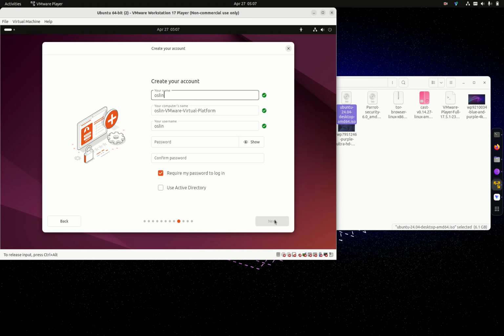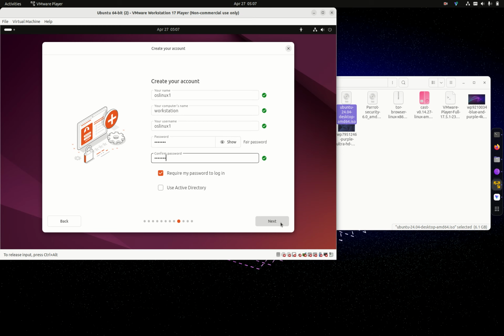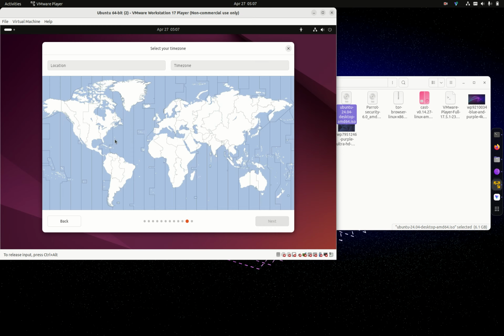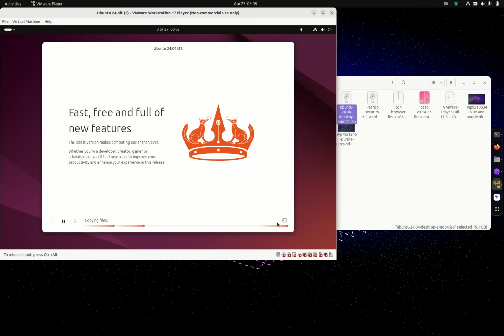Go ahead and just come up with a password here. Okay. Let's pick our location and install. Now it takes a little while to install, but if you'll notice right underneath the crown, the Noble Wombat,